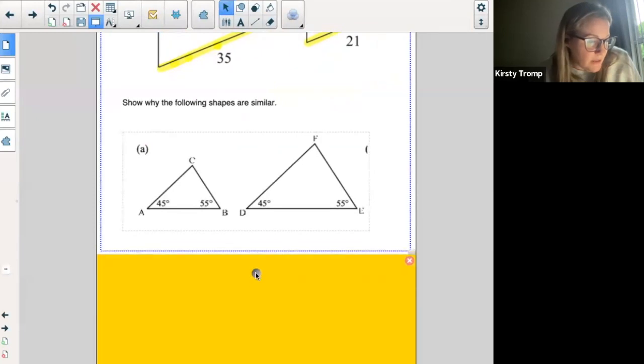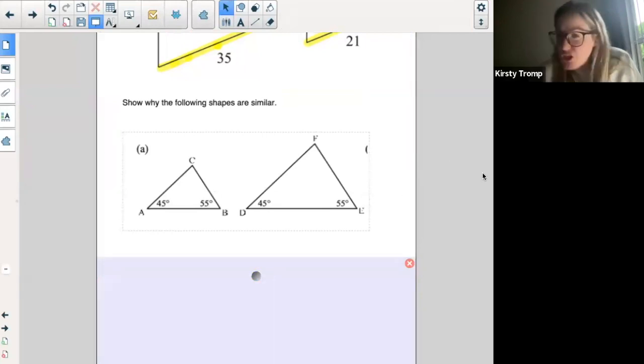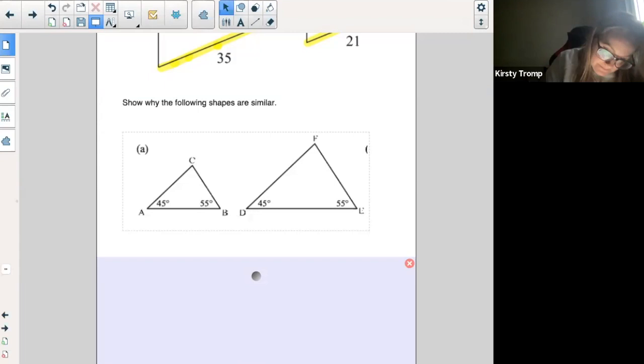So in this one, they want us to show why these shapes are similar. All right. I like this question. Okay, it gets asked a lot. It really does get asked a lot. And there's a really nice standard way for you to answer it. That's why I love doing these kind of questions. Okay, so let's go have a look. All right. So when we answer this, we're going to do the following standard answer. We're going to say,